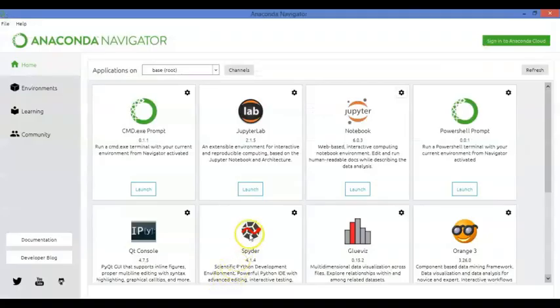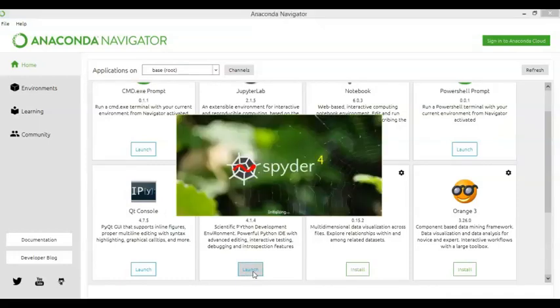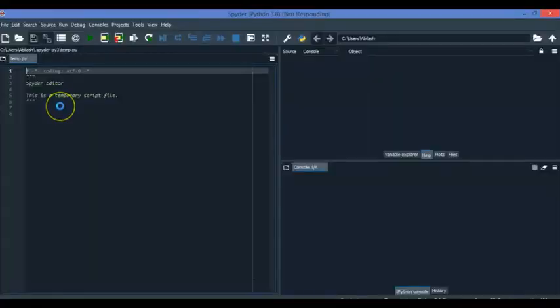So let's come back and open Spyder. Launch Spyder. We will discuss both Jupyter and Spyder in detail. Here we are just checking whether it is installed properly or not. Just click on Launch. You can see Spyder is getting loaded. Alright. So you can see one window. Just clear the screen. Alright.